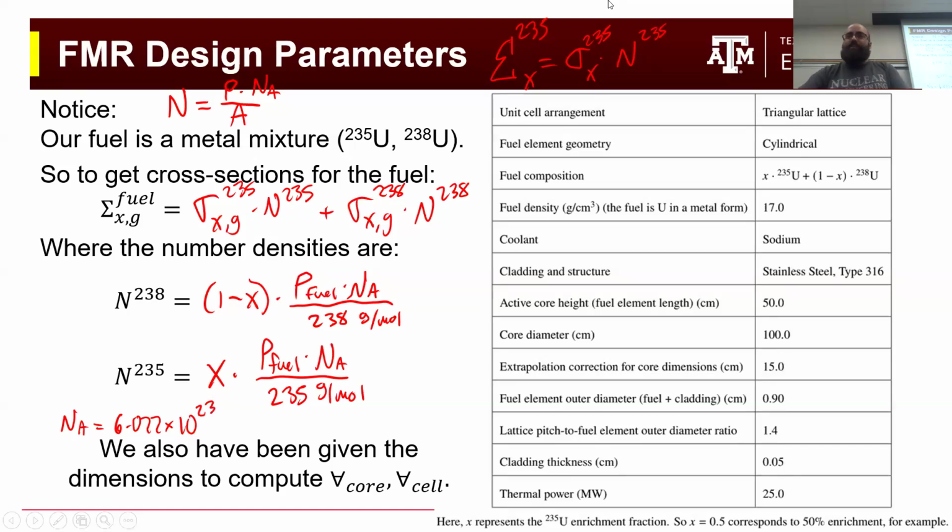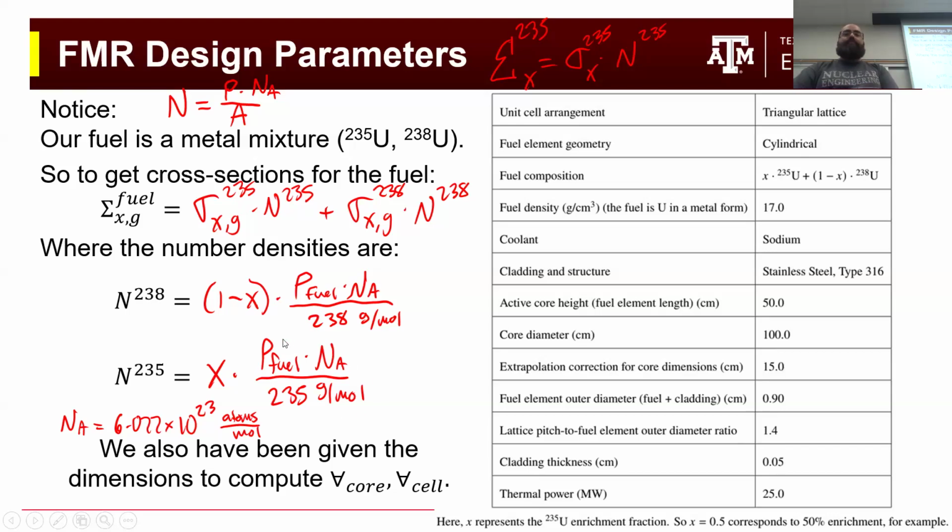23rd? I think it's 23rd. And then what are the units of Avogadro's number? Yeah, atoms or particles per mole. Atoms per mole. So if you put Avogadro's number here, then the moles cancel out, and you just have number